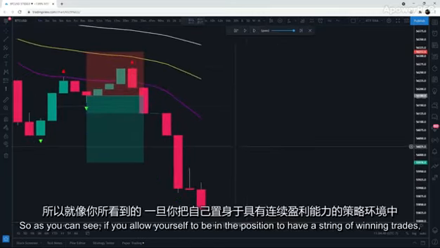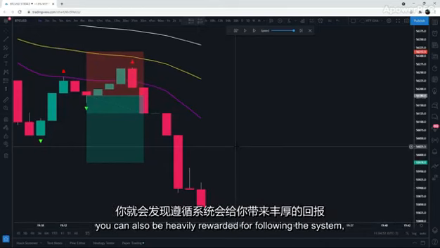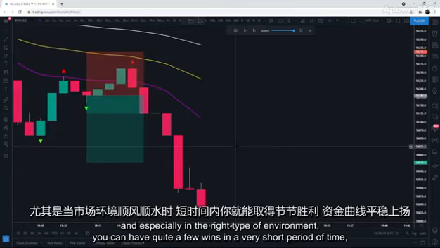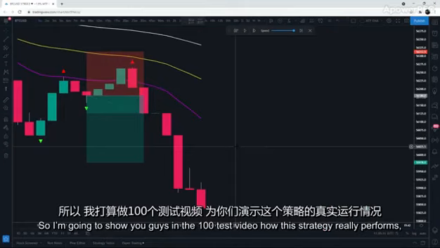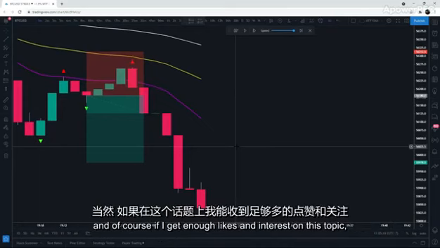So as you can see, if you allow yourself to be in the position to have a string of winning trades, you can also be heavily rewarded for following the system, and especially in the right type of environment, you can have quite a few wins in a very short period of time, which also of course means that you can take quite a few losses in a short period of time as well. So I'm going to show you guys in the 100 test video how this strategy really performs,